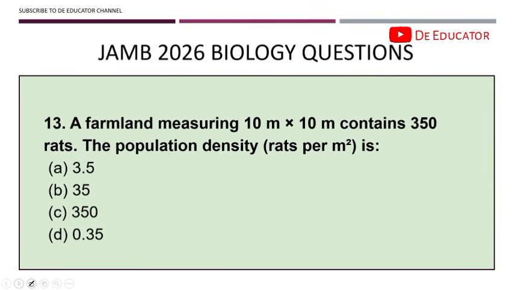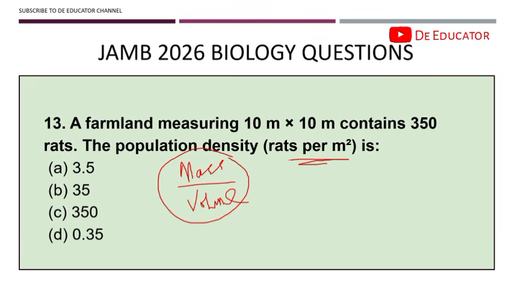The farmland measuring 10 meter by 10 meter contains 350 rats. The population density of the rats is equal to. Now, when you see something like this, what is density? We already know that density in physics is mass over volume, right? But in biology, it is not mass over volume. In fact, the question has given us the answer already. It said rats per meter square. If you are a very smart science student, the number of rats is 350. So that's 350